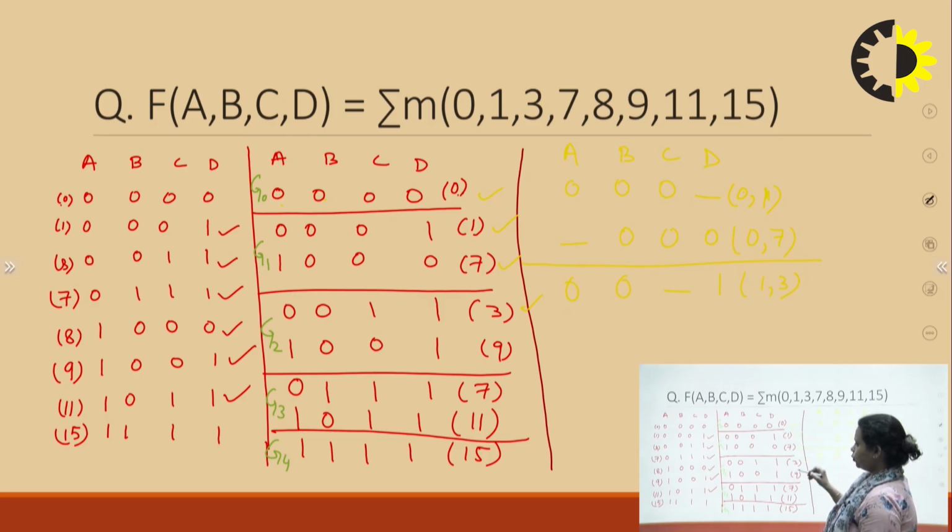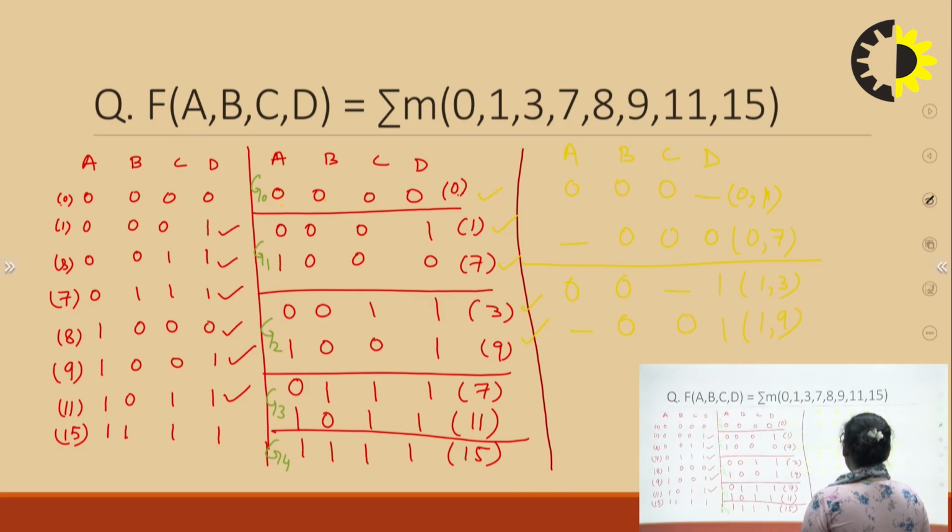Then I will compare 1 to 9, right? So 1 to 9 is again dash 0 0 1. So you'll write 1, 9. Now I will check whether this 7 is also matching or not. If I compare 7 with 3, it is not matching, because the first bit is 1 0, not matching, 0 0 matching, then 0 1 not matching, and then 0 1 again not matching, right? So we can't compare. So now we will see 7 and 9. In 7 and 9, 1 1 is matching, 0 0 matching, this 0 0 matching, but the last bit is not matching.